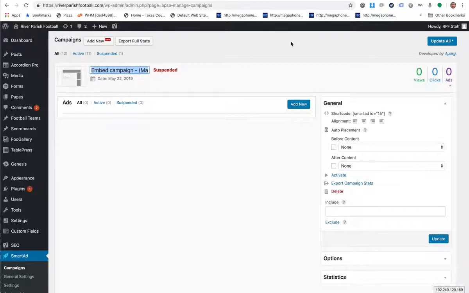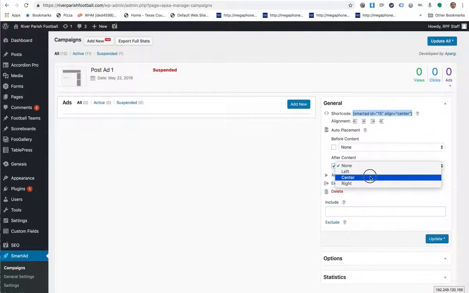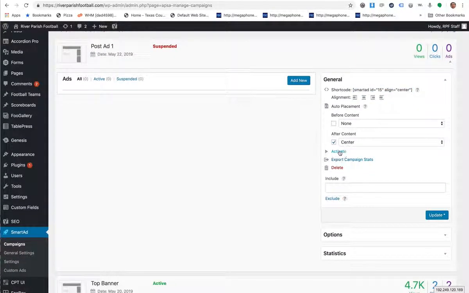So let's say you wanted an ad that was on every post, at the end of it you wanted a certain ad. So then you would say post ad 1, and then we are going to say it's going to be a centered ad, and then get your short code there. The only difference is where it says align center. And we're going to put this one, you can do it after content this way, or you can take it as a short code and go paste it in there manually where you want it to be. In this case, let's go ahead and go with after content, and we'll center that. We're going to activate it,